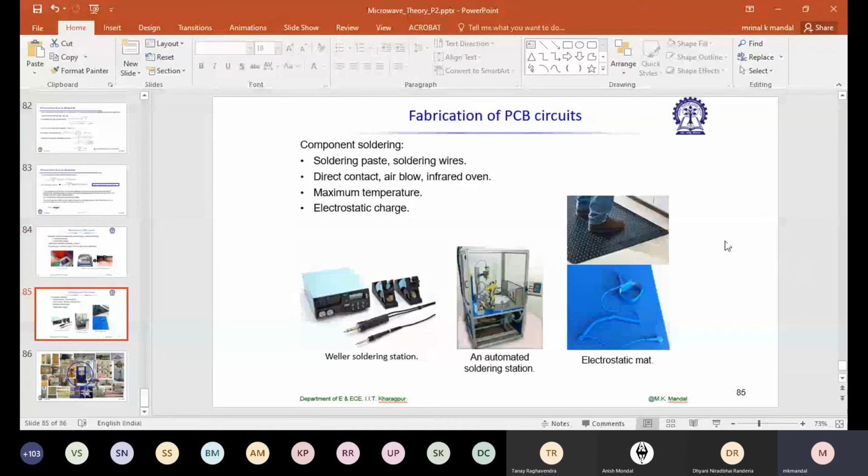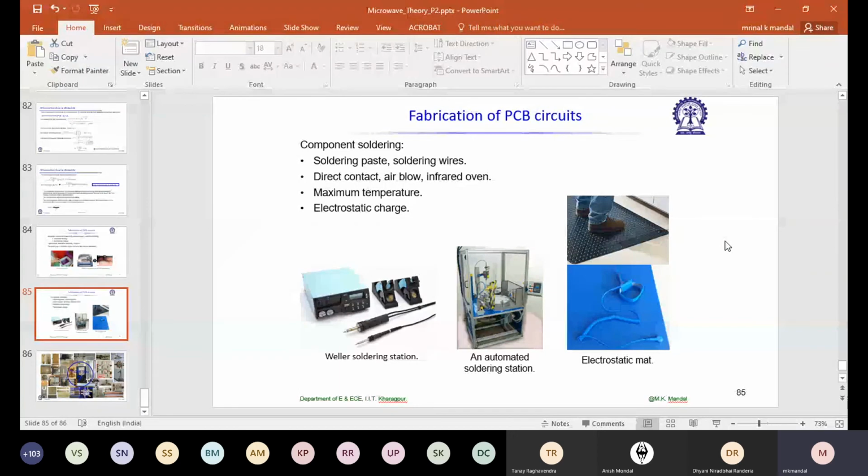Next, how we solder different components. First of all, we use SMD components, surface mountable devices. We initially discussed that their dimensions should be small enough so that they won't give such parasitic effect or phase change. So you can't use the soldering method that you use at low frequency. It is a little different. We can still use a soldering station, but it should have very good temperature control.